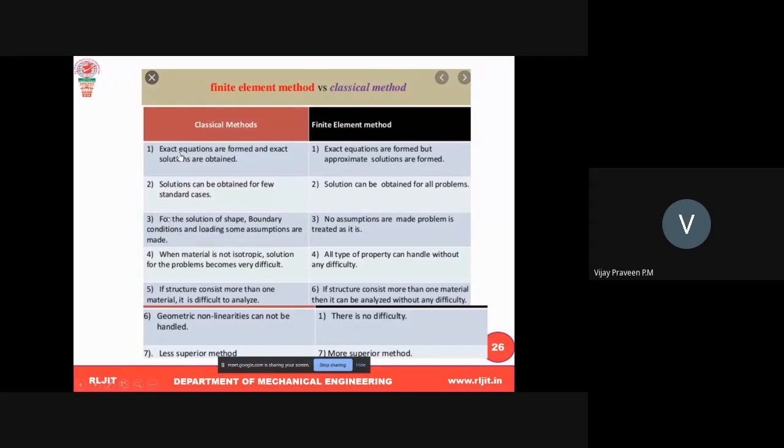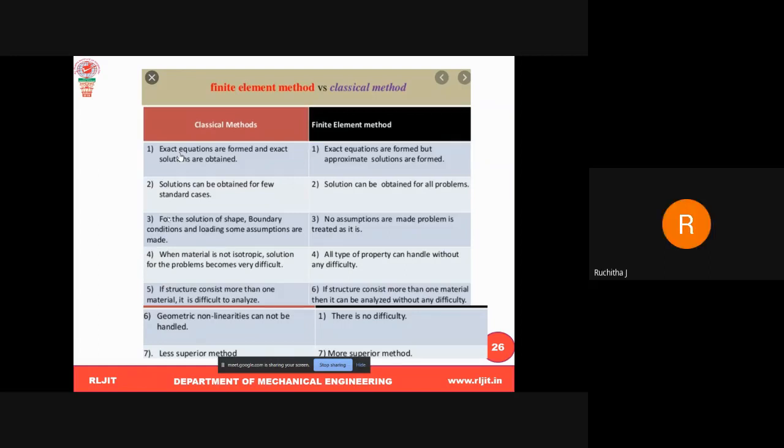As you know, in the entire MOM, for every topic we assume the material is homogeneous, the material is isotropic, the strain is constant. Like the different assumptions we make when deriving a particular equation. Correct? The angular twist is the same in case of torsion. The column is straight in case of columns and struts. For every governing equation we derive, we make some assumption. Correct?